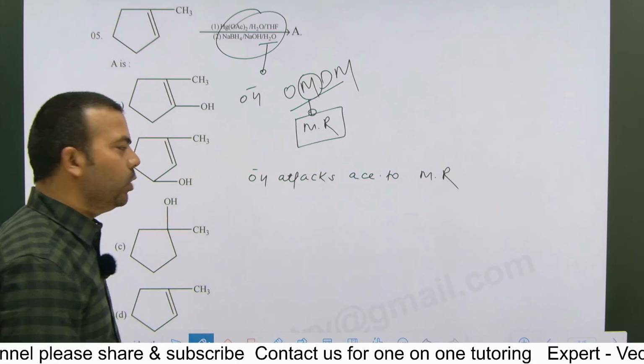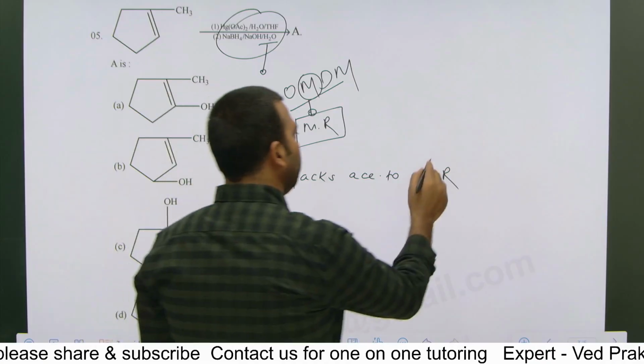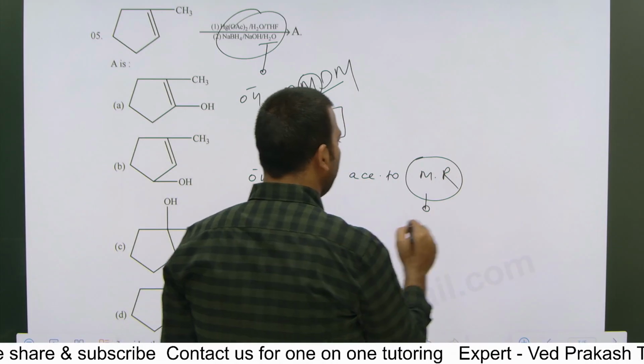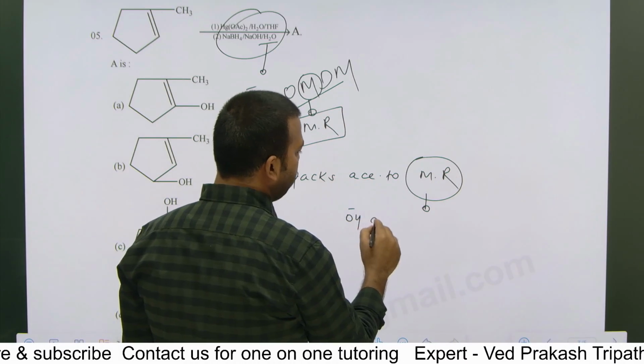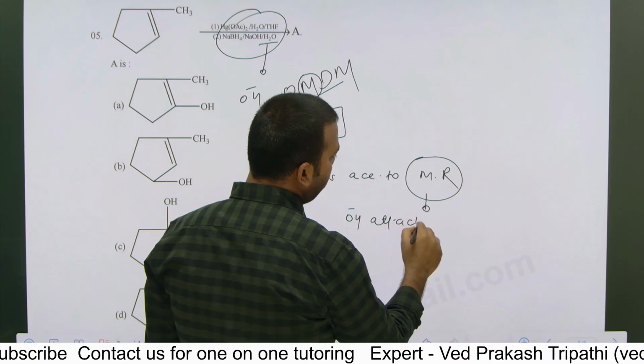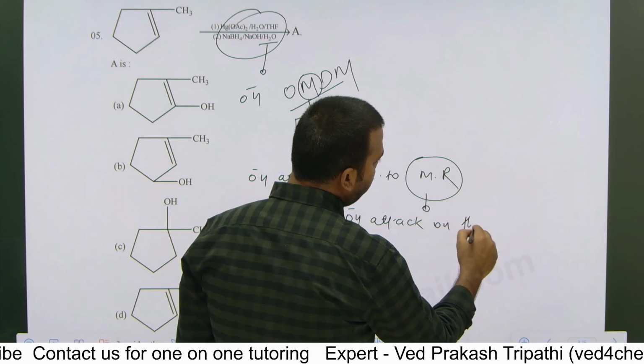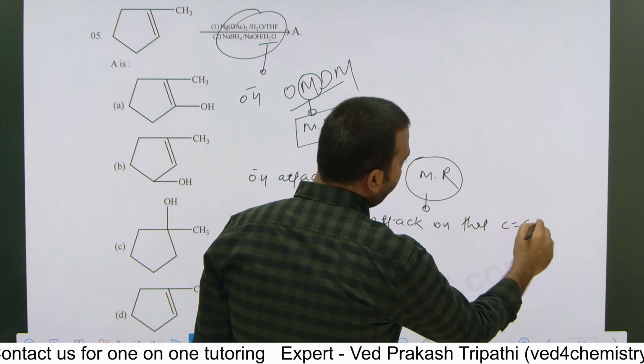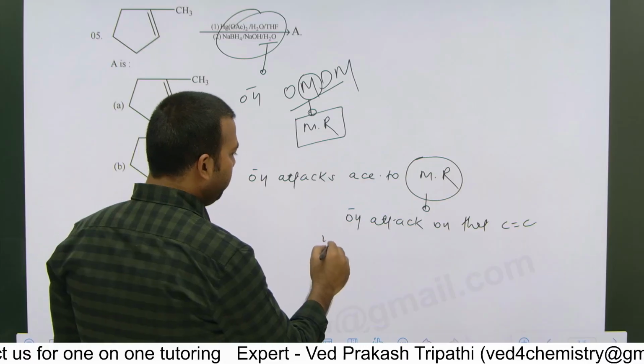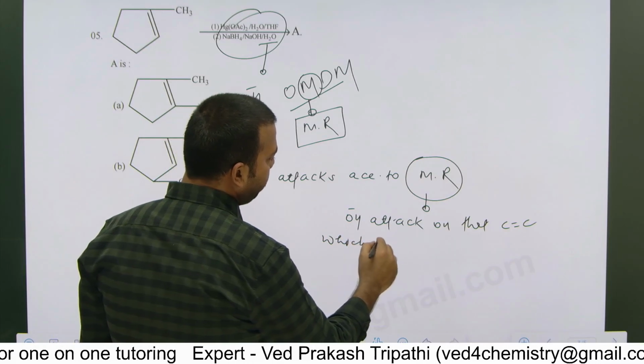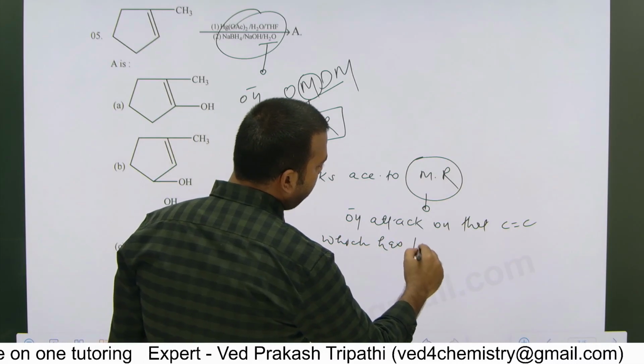So what is Markovnikov's rule? Markovnikov's rule means OH minus attacks on that double bond carbon which has less hydrogen,